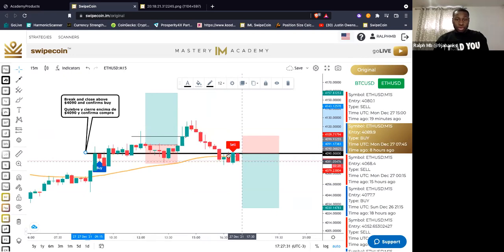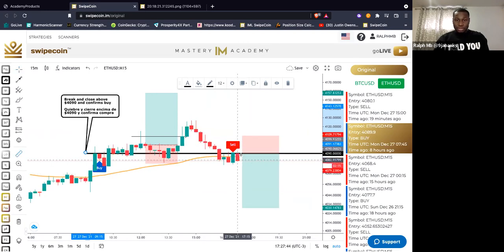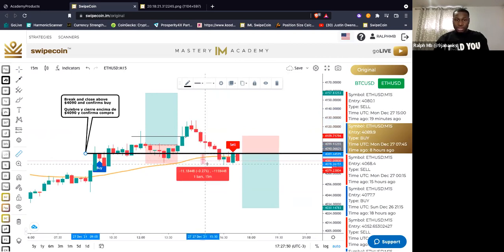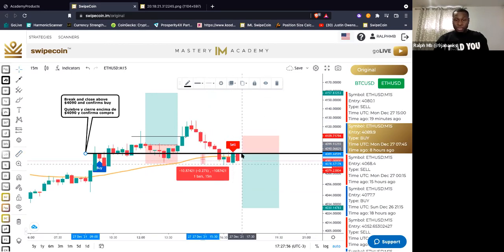But remember, we broke below this. We've broken below this now. I personally would wait for it to go about 100 pips and see what happens after this candlestick closes. So let's see. Let me go right here. This goes about 100. Once it goes 10 points down below and closes below this, I'd be willing to participate,